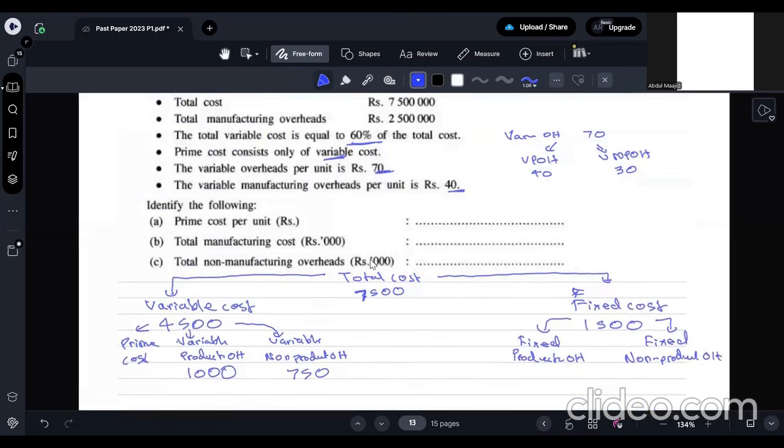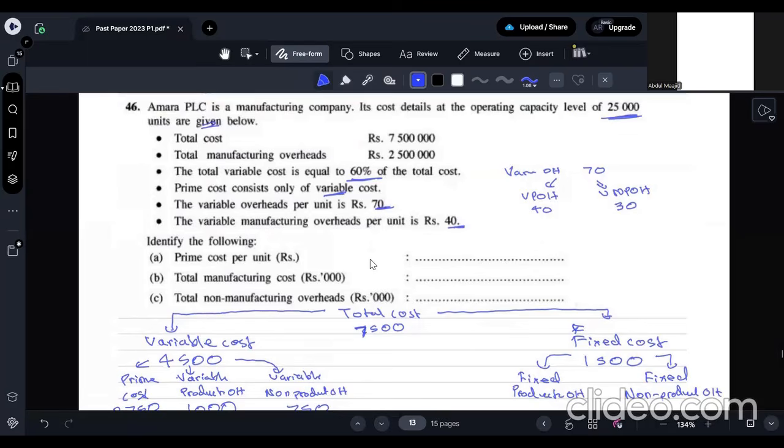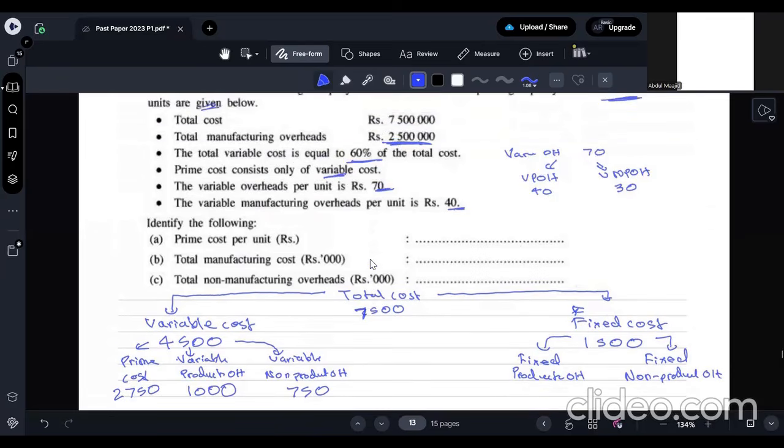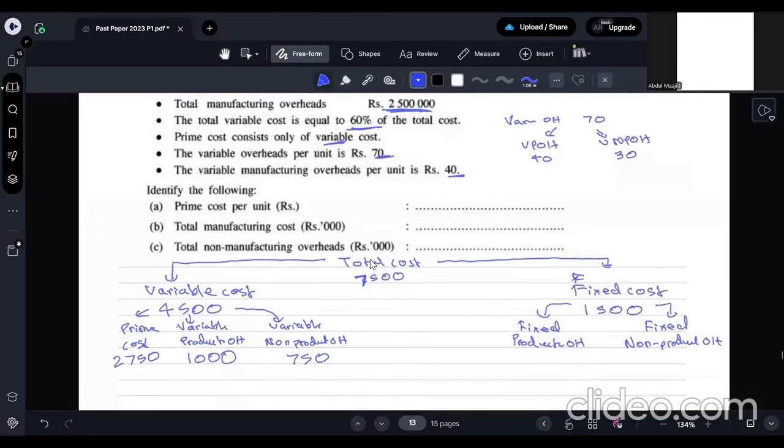Then the prime cost will be 4,500 minus 1,000 minus 750. The total prime cost will be 2,750,000. Now here they are saying another thing. Total manufacturing overhead is 2,500. Now total manufacturing overhead means what? The total variable overhead and total fixed overhead. Total manufacturing overhead is 2,500,000. Out of that, the total variable manufacturing overhead is 1 million, which means the fixed manufacturing overhead is